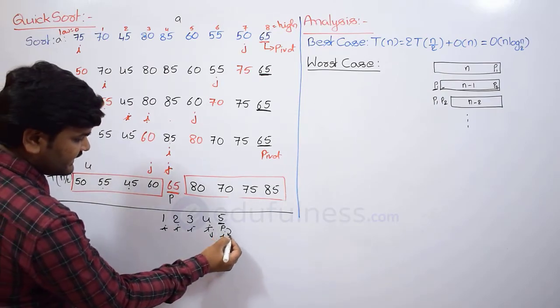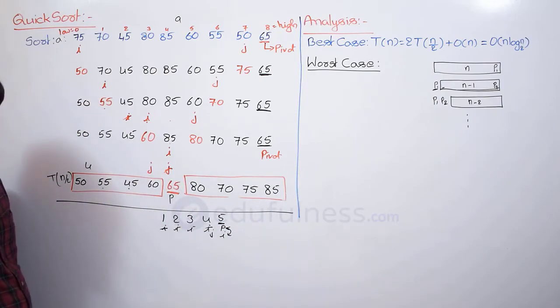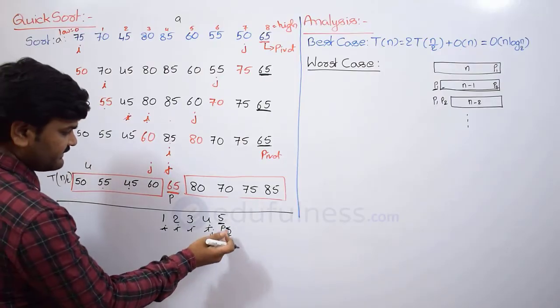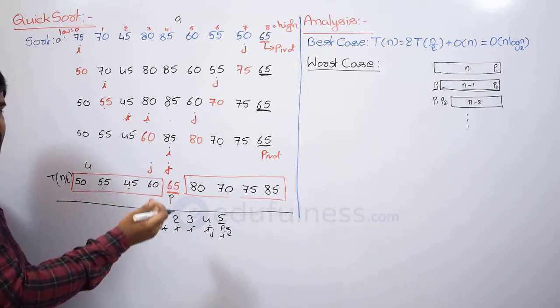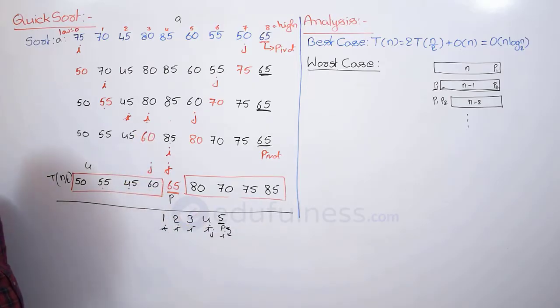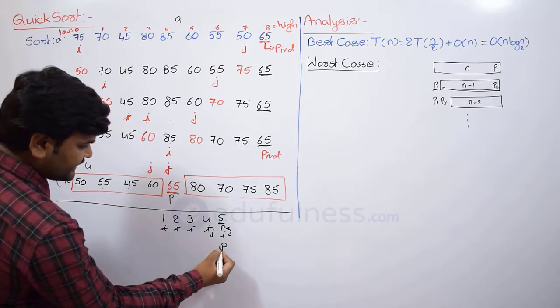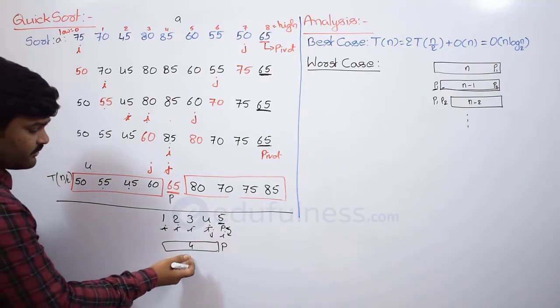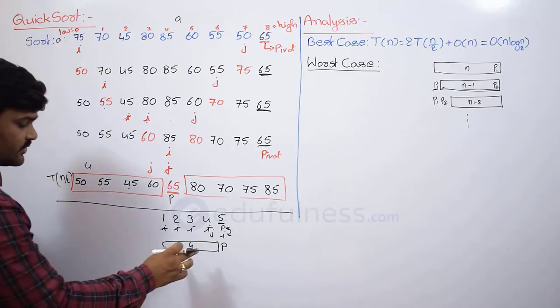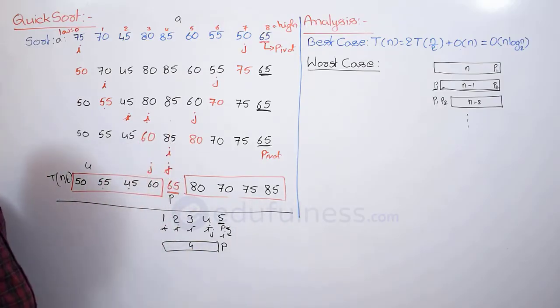Swap p and i, that is what we discussed in the algorithm. So that means 5 is going to be in the same place. Of course, there we discussed the first position, but here you got the last position. So that means the pivot is placed here. This subproblem you have to solve, where you are going to have 4 elements. So that is what the worst case actually is.